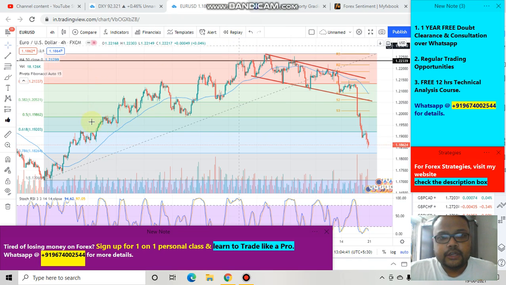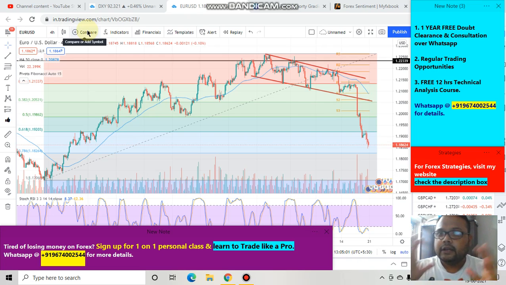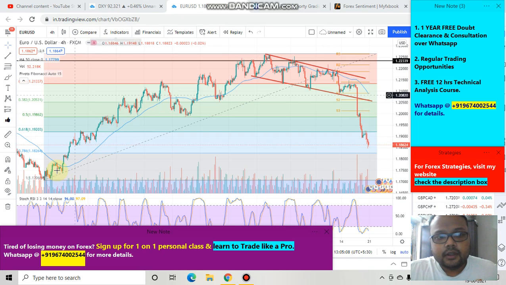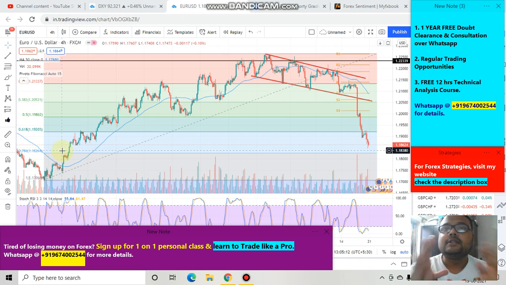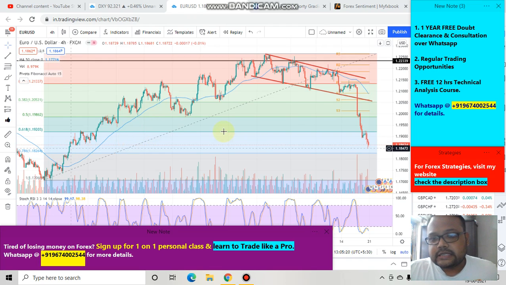So this is the chart of Euro USD on the 4 hours chart, my favorite 4 hours time frame. And as we all know, after the FOMC meeting, the market became very volatile, where currency pairs like Euro USD and GBP USD saw some heavy selling pressure, and currency pairs like USD CHF saw some good buying pressure. And during the last week, the whole scenario changed. You can see that overall the trend of Euro USD was towards the upside. It was an uptrend, but during the last week, the market became so volatile and the dollar became so strong that we are almost standing at